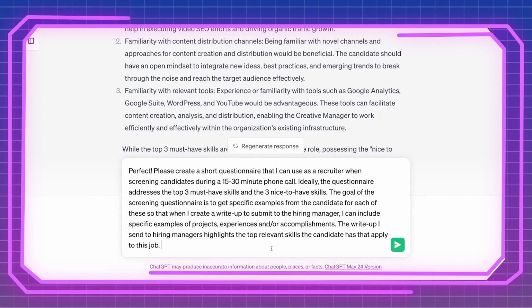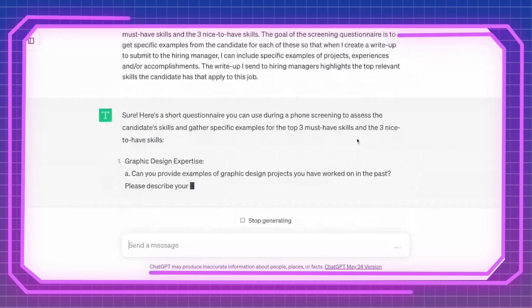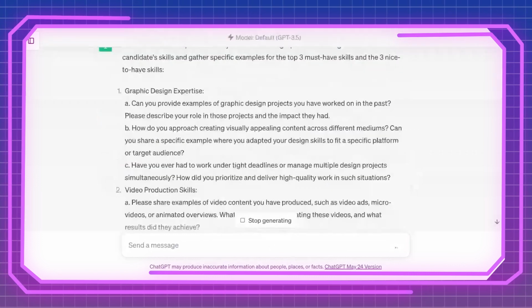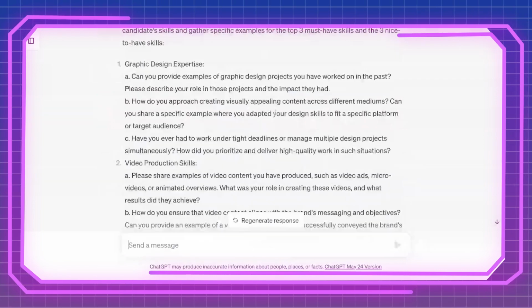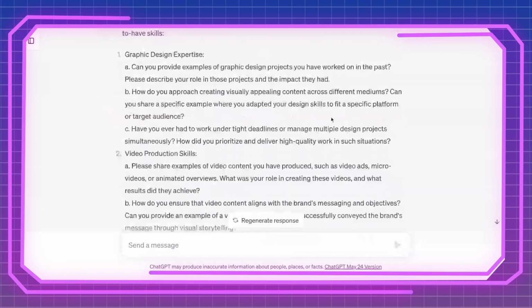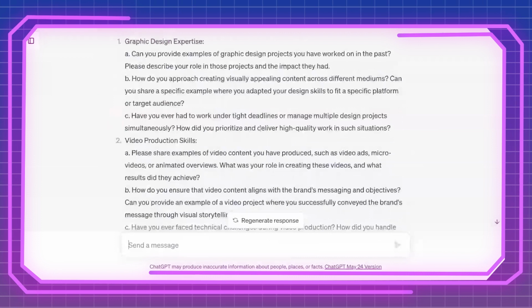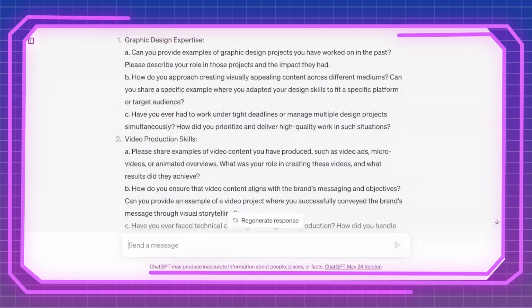And once we do that, ChatGPT will start generating some of these questions. So right off the bat, for the graphic design expertise, it suggested the question, can you provide examples of graphic design projects you have worked on in the past? And this is where the candidate can start talking. And if the candidate is only scratching the surface, you can further say, hey, could you describe your role in these projects and the impact that they had? That way you're getting some problems that they had and how they solved them and the positive impact that it had, which is what ultimately appeals to hiring managers, because they're hiring someone to solve a problem and make a